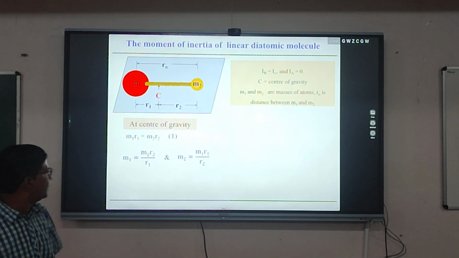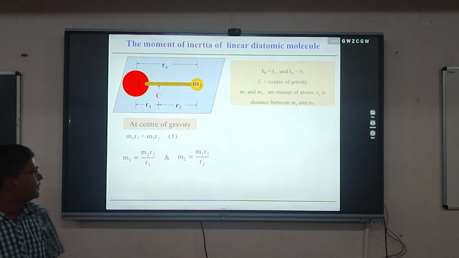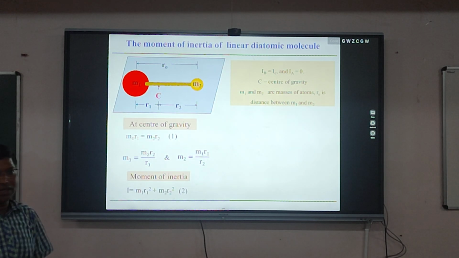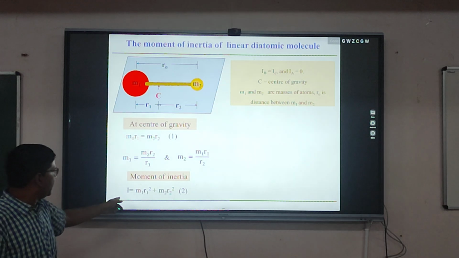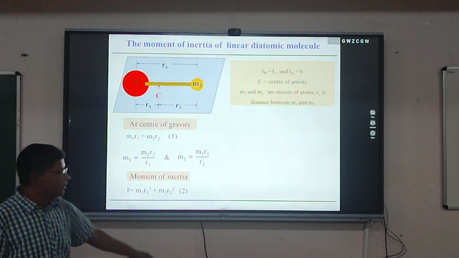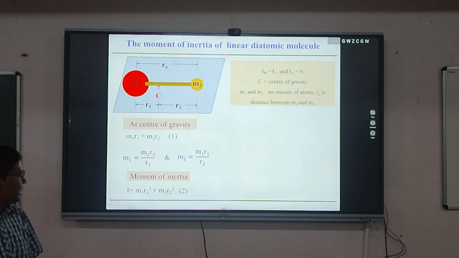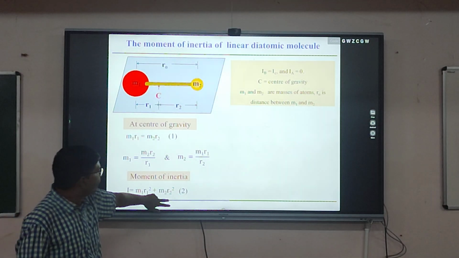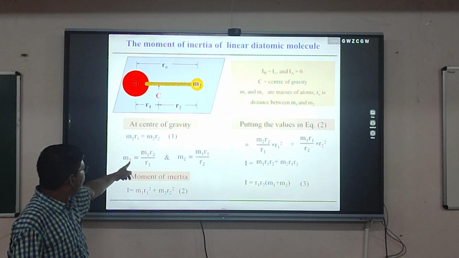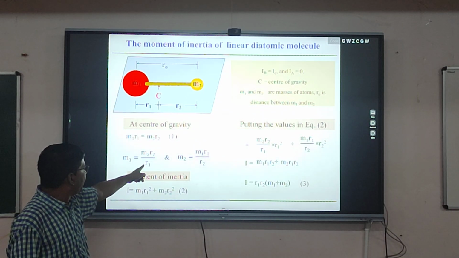Similarly, M2 equals M1 R1 divided by R2. The formula for the moment of inertia is I equals M1 R1 squared plus M2 R2 squared. Now, putting in M1 equals M2 R2 by R1,